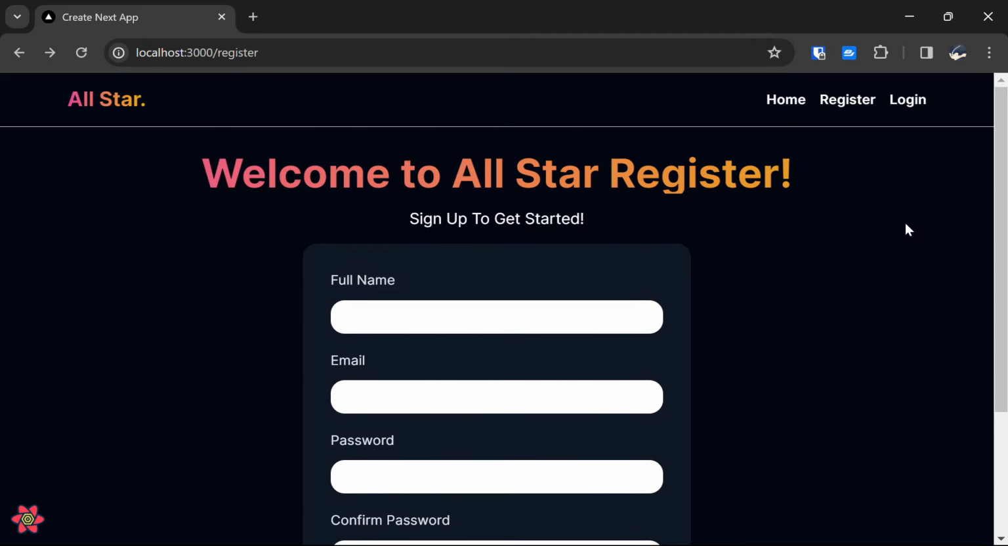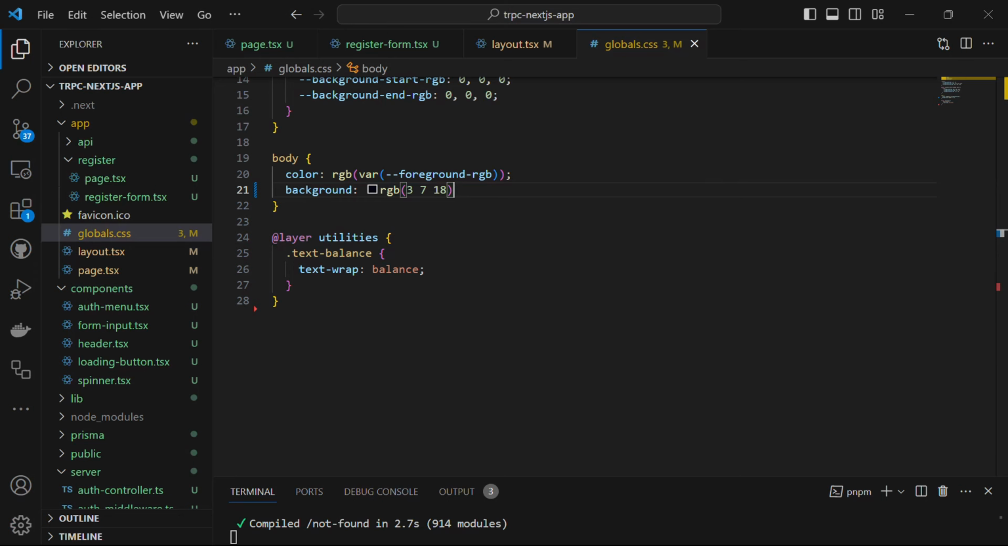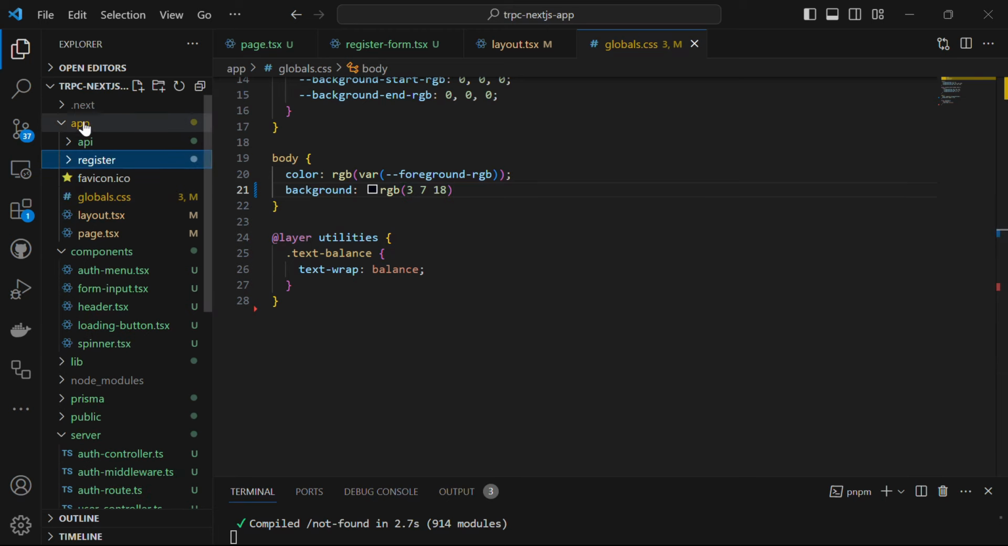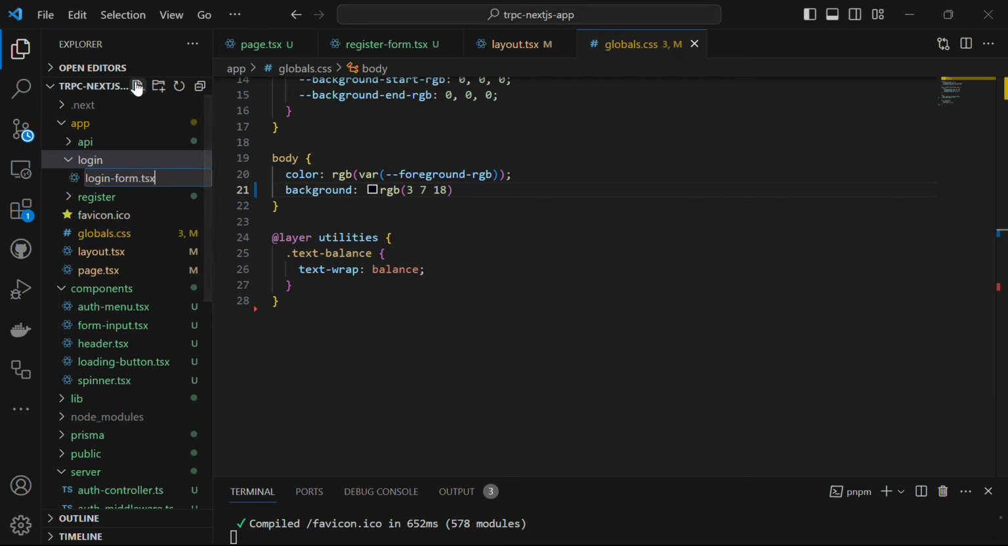Okay. And now, as we are also done with the user registration, let's start with creating a login form. Because when you come over here, it says 404 because we haven't created it yet. So let's start doing that. The login form will have two input fields, email and password. So we are going to create a login folder inside this app directory. And inside this login folder, we will create one file which is named